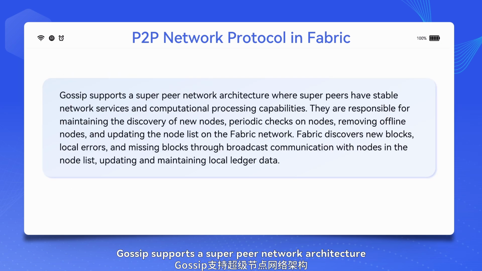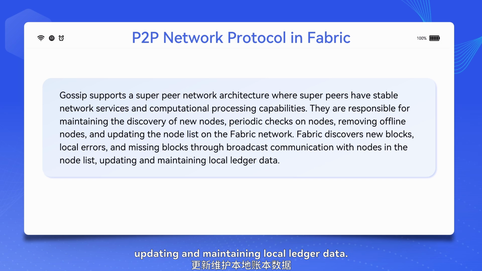Gossip supports a super-peer network architecture where super-peers have stable network services and computational processing capabilities. They are responsible for maintaining the discovery of new nodes, periodic checks on nodes, removing offline nodes, and updating the node list on the Fabric network. Fabric discovers new blocks, local errors, and missing blocks through broadcast communication with nodes in the node list, updating and